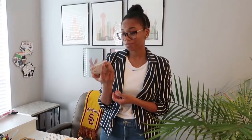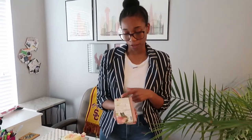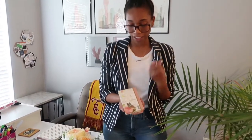This second little journal I've had since high school, and yes, it has an A on it. That's probably why I bought it. I'm pretty sure I got this from Tuesday Morning. But a couple of weeks ago, I actually flipped it over and noticed that it had all these details about London on the back. And it just made me think about how over the last couple of months or so,